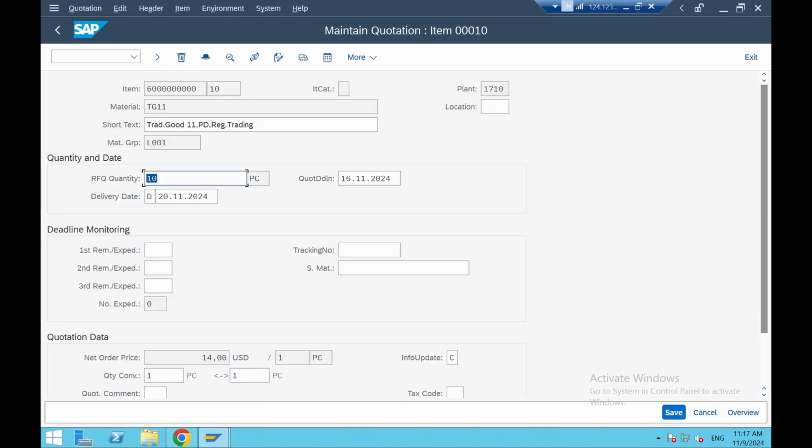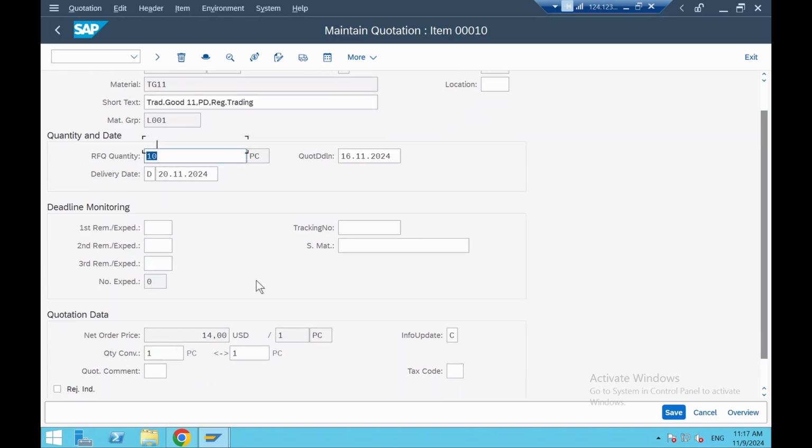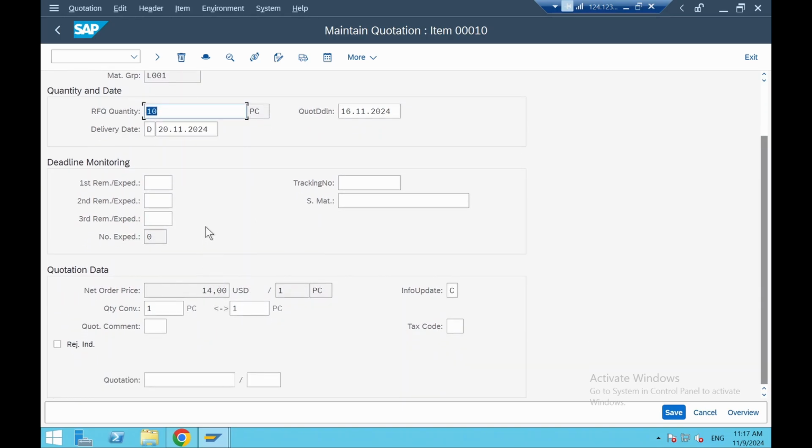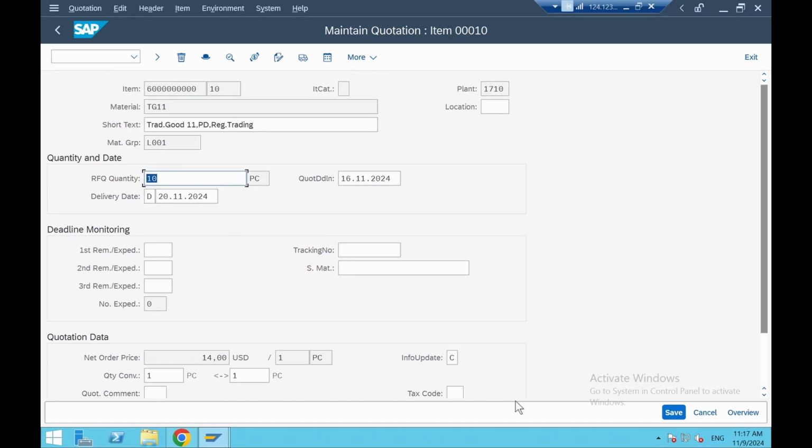Everything is fine. Now, if an approval process is there, you will go for the approval of this particular budget and finalization. So info update, okay, I'll put this one,